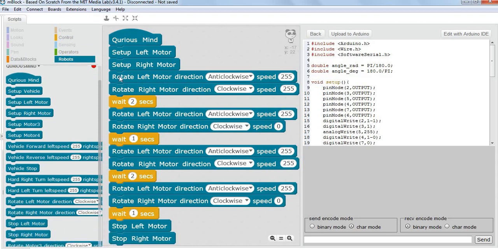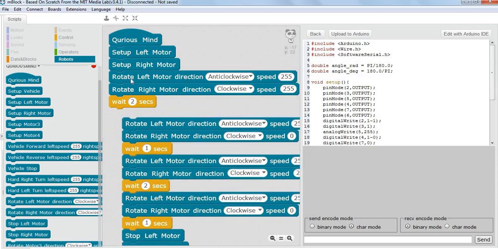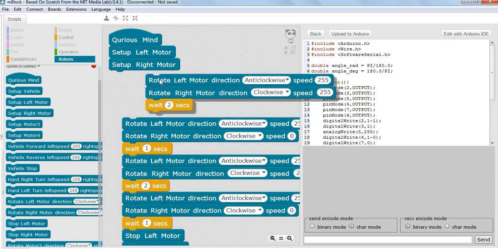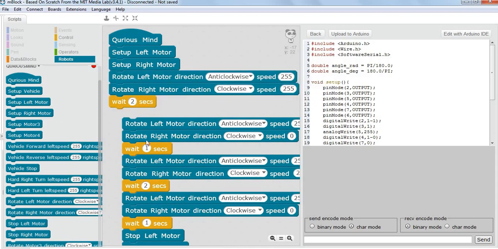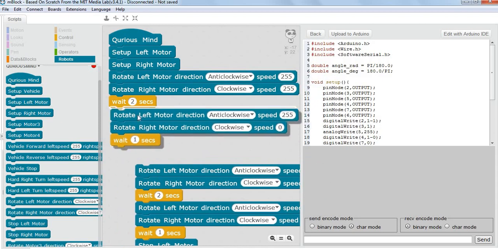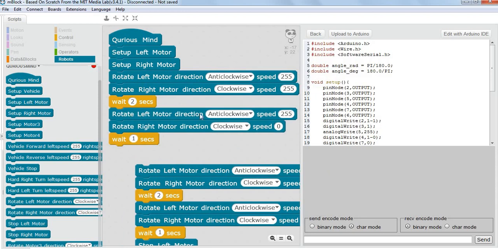Let's look at this code once again. Here, this first code is taking the vehicle from point A to point B. Then this second set of commands is making the vehicle turn in the right direction for 180 degrees. Now here we have said that this wait of 1 second is an approximation we have used.